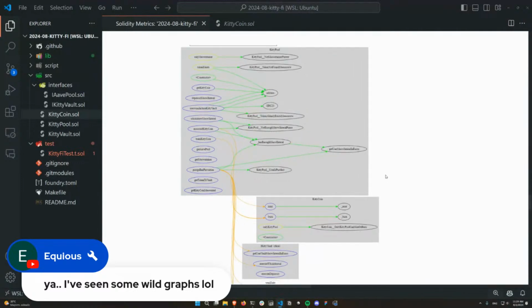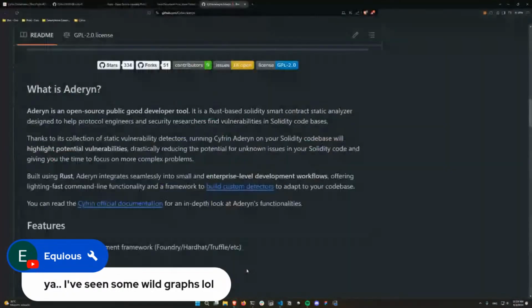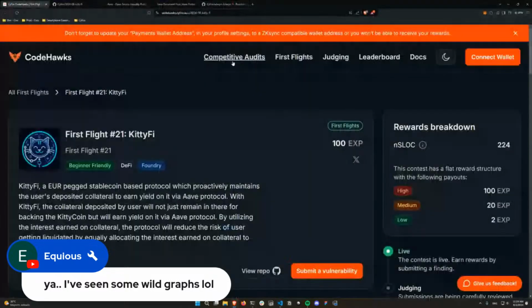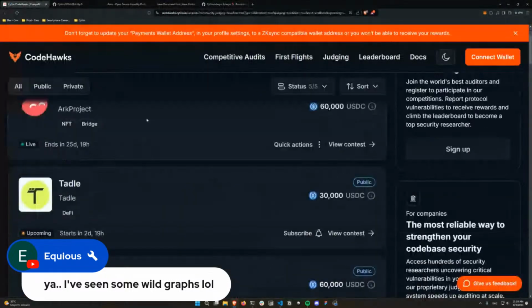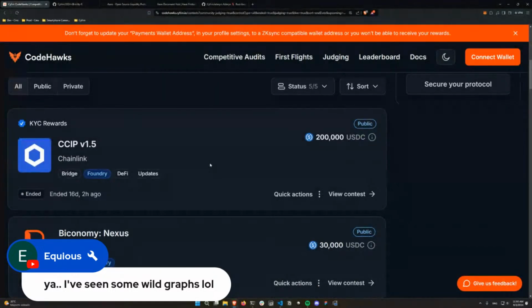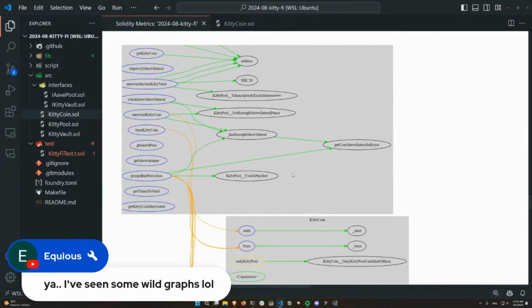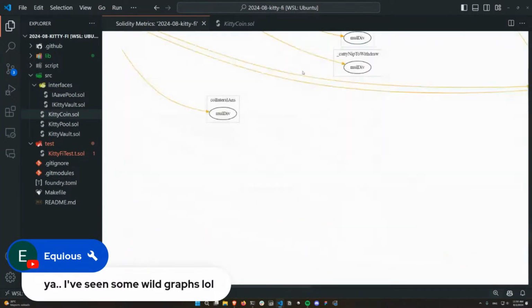but let's, for example, if you go to one of our competitive audits, right now we have on CodeHawks. Let me go to the competitive audits. I can bet that any of these competitive audit graphs are going to be really, really messier than this one we have over here. Though, even though this is nice to understand how the protocol works, some of them are like regular calls. For example, we have a